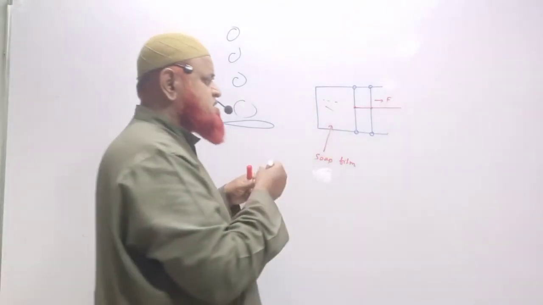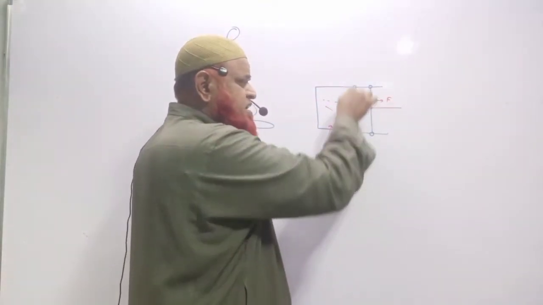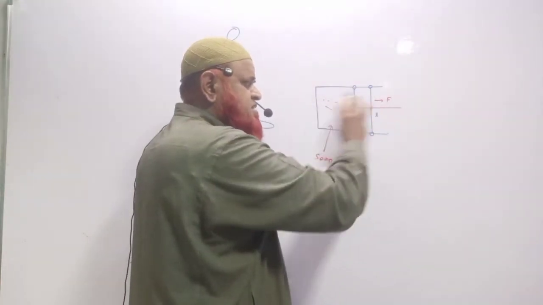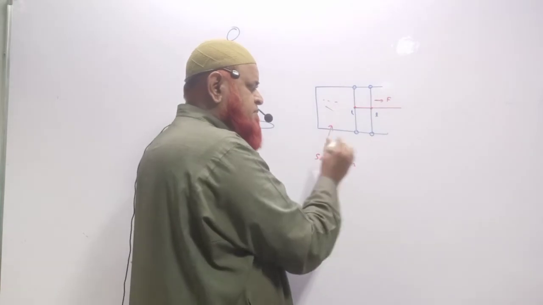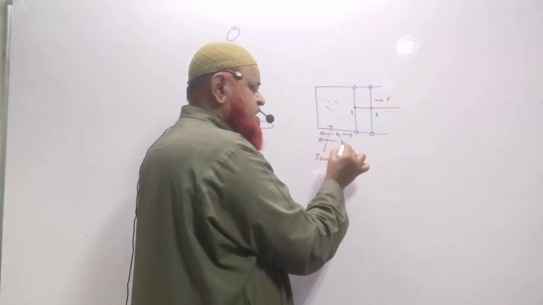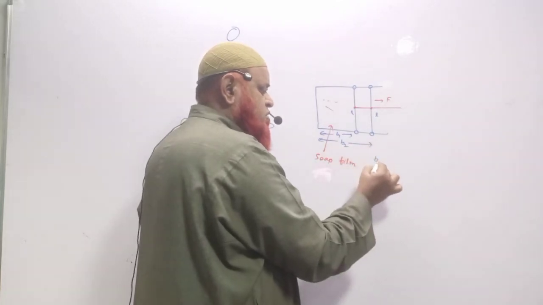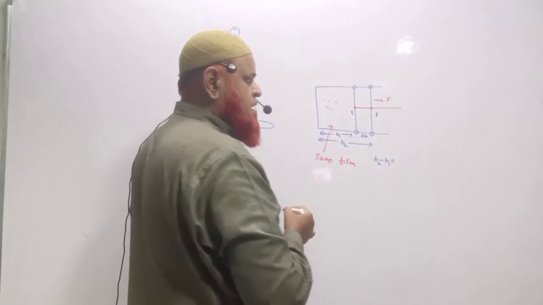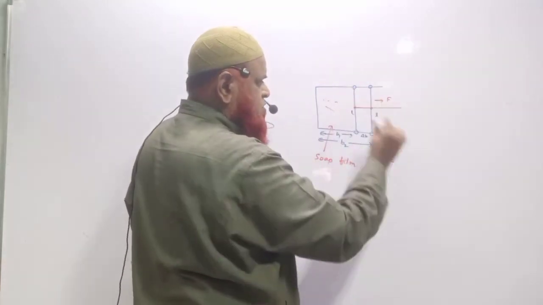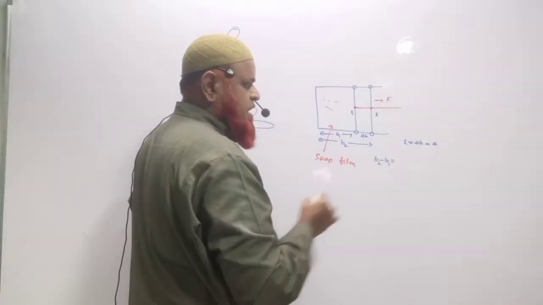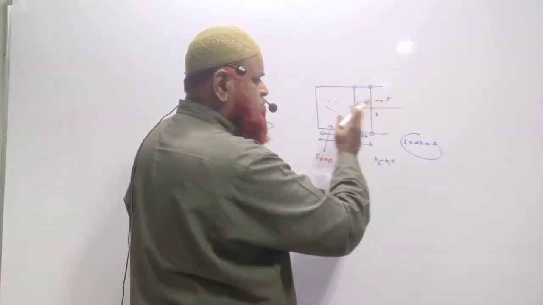What is the length of this? And there is a movable wire here. This is going to be the movable wire whose length is L. This is moved. How much is it moved? Previously the breadth was B1 and now the breadth has increased to B2. Therefore B2 minus B1 can be considered as delta B. And this area which has been moved can be taken as length into delta B, which is taken as A. The area which has been moved.